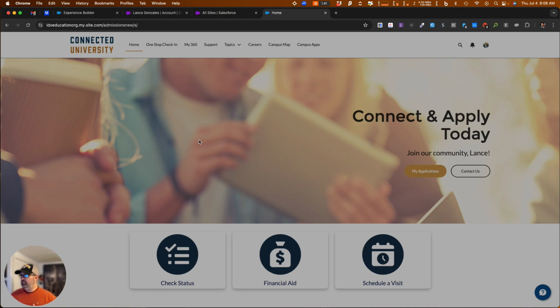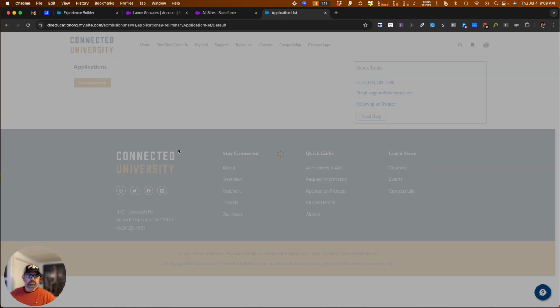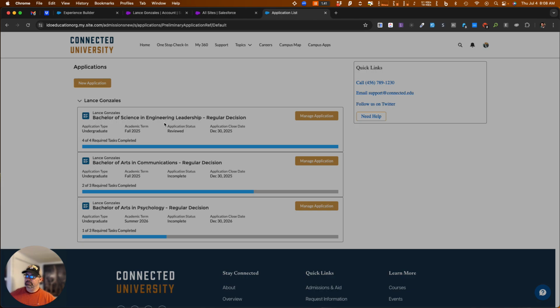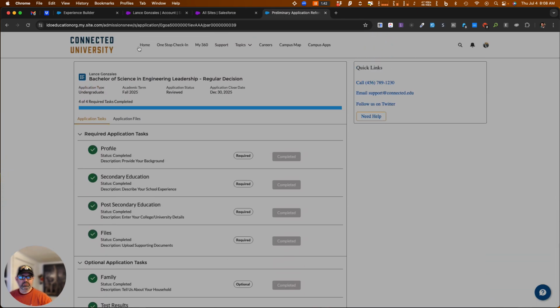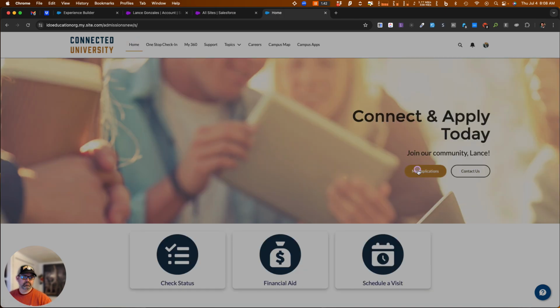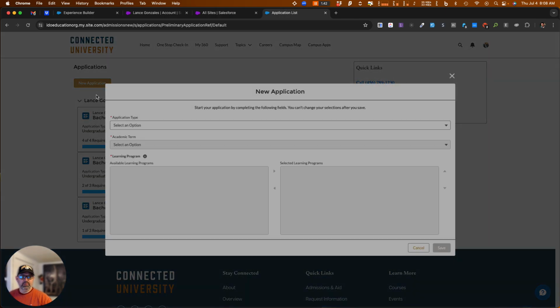And the thing that we want him to do is a call to action, and he's going to apply for one of the programs. Now you can see in this case that Lance has actually applied because I've been testing quite a few times, but if he were to start a new application, it would be the equivalent of doing this manage application. So if we were to start from scratch, my applications, new application,